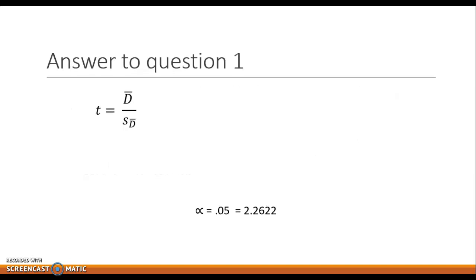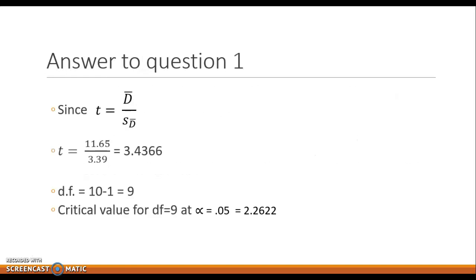Okay. So the answers, I'm going to give them all to you at once, since that seems to be how it's working. Since t is that equation, it's always a good idea to write your equations down to show your work, simply because a lot of people missed questions on the last two tests because they didn't write down the equation and they somehow got the equation wrong. So it's a really good idea to write the equation down, particularly as we start to get more and more